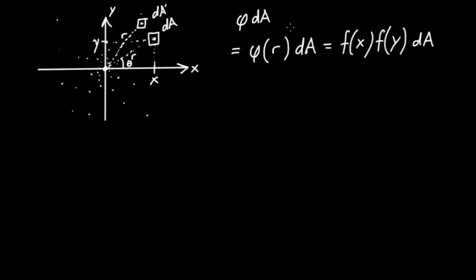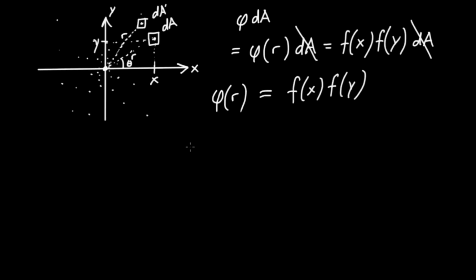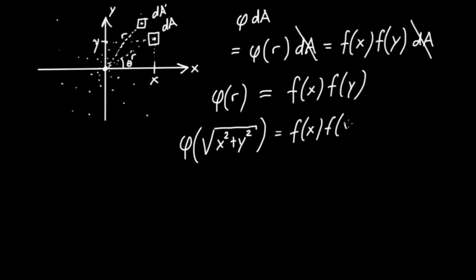Next, I'll cancel out the dAs here and reveal the equality between these probability densities, phi of r and f of x times f of y. And the next thing I'll do is recall that in polar coordinates, the relation between polar and Cartesian is that r is equal to the square root of x squared plus y squared. And again, that's equal to f of x times f of y. It seems like here we're building up too many unknowns, too many variables, and too many unknown functions, phi and f. But there's actually a precise relation between those two functions, phi and f,